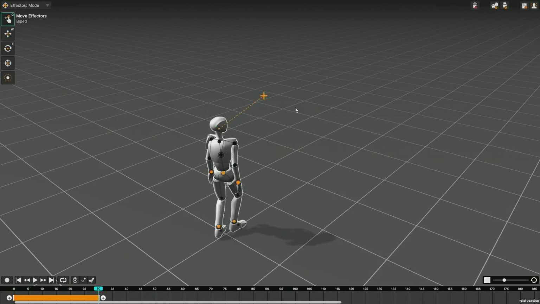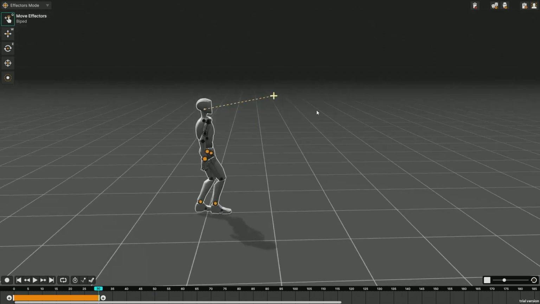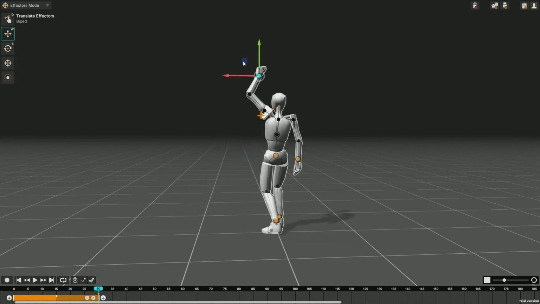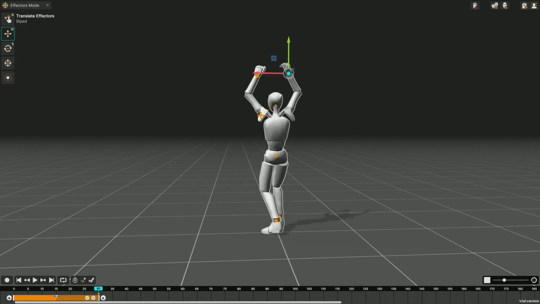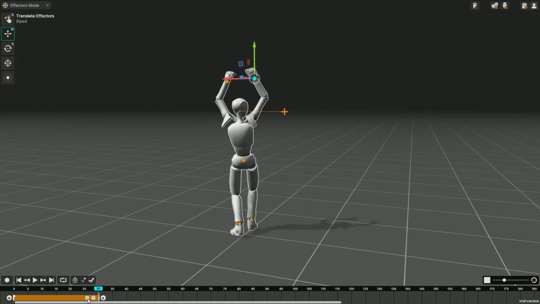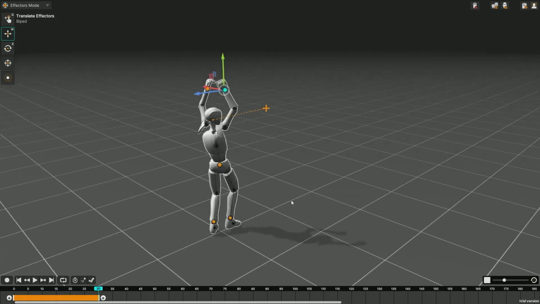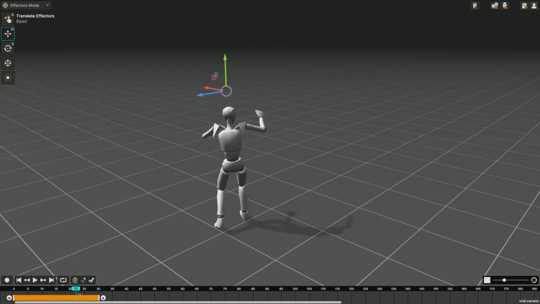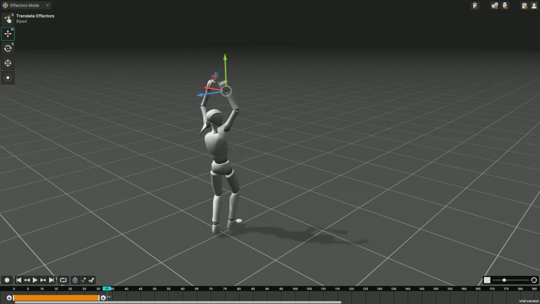So the direction of the character would be to turn back, but also to raise his hands above his head. So I'm going to raise the hand, both hands actually, above his head, and regenerate the motion. So let me have a quick look. Okay, good enough for now. But you can see that it's actually turning back and raising its hand a little bit both at the same